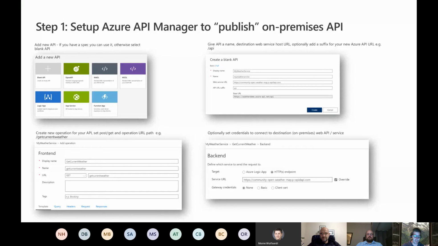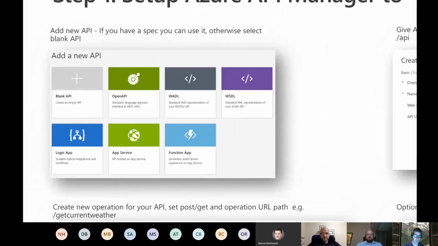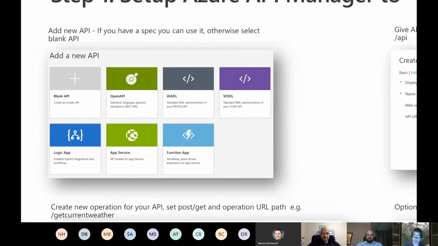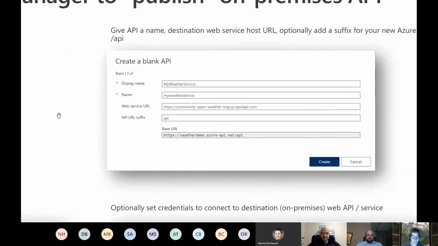So this here is essentially showing you in Azure API Manager, you create a new API. And then if I can learn how to drag my screen across, and then you go and say, hey, this is the backend API I'm going to connect to, the weather demo endpoint. So this is the public endpoint of the web service that's representing on premises. And then what my app will connect to, in other words, the Power App, it will connect to this thing here. So it'll come into this, but it's actually going to that.